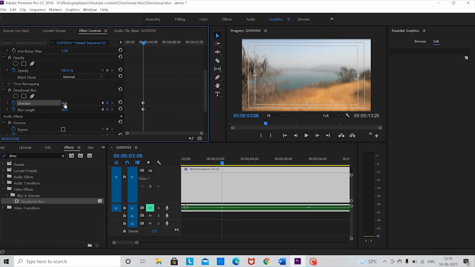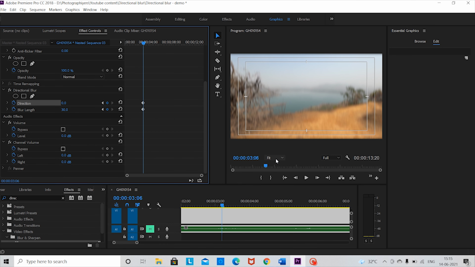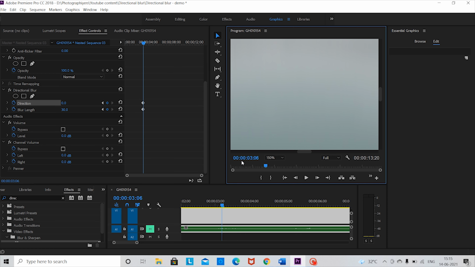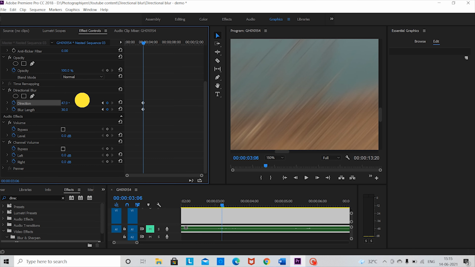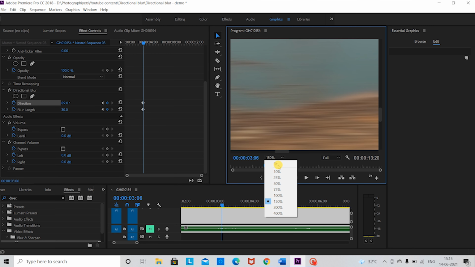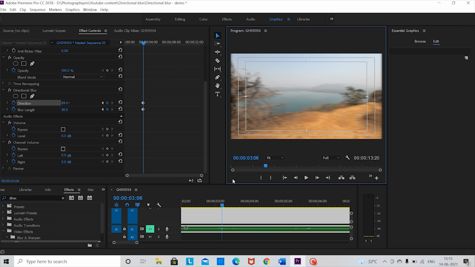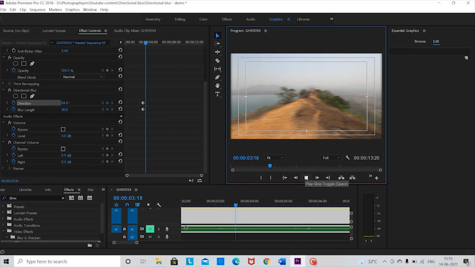Okay, and let's zoom into the video. Now let me explain what a blur direction is. Now if you see in the video, the default blur is in a vertical direction. With blur direction, you can change the direction of the blur. As you guys can see, as I move, the direction of the blur also changes. I guess this is fine. This is perfect. Let's go to fit and now going to the end point where we need to stop the